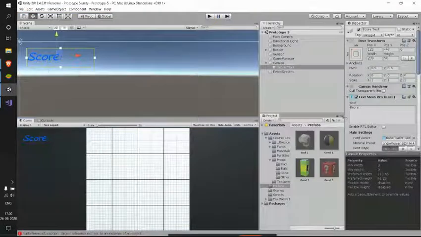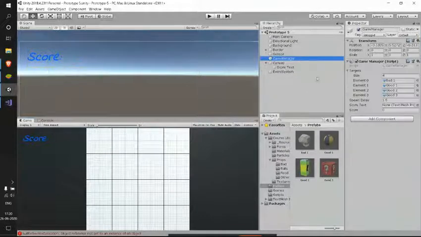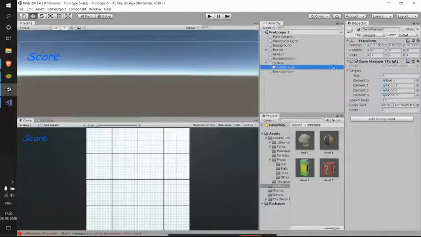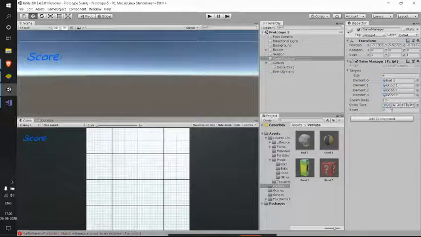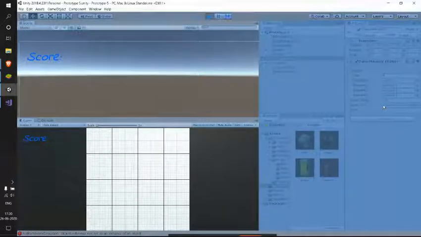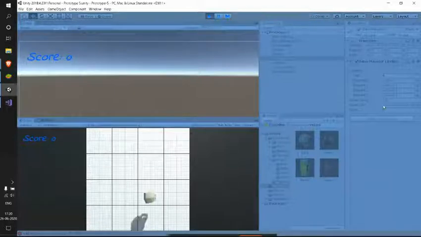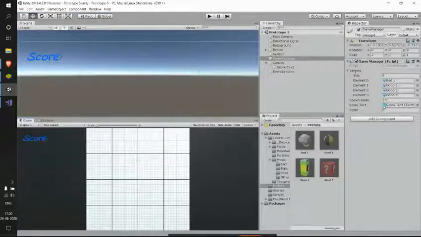So okay, we have an error here. I just didn't initialize that with our score text. So here in our game manager, it's asking for our score text and there is nothing there. So it's time for me to initialize. Yes, we have it initialized. So let me test this now. So see, here we have 0, right? So now we are able to change our UI elements from our script. So it's a good thing.